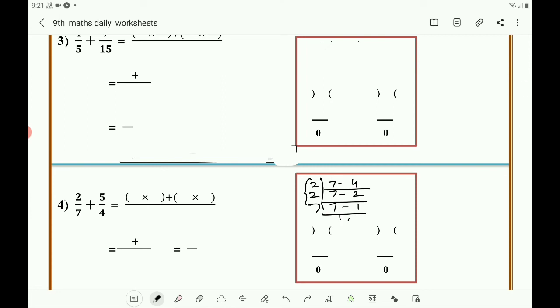In this way, you find the LCM and write that as the denominator. After that, you know that here 2 into what? 5 into what? That you have to find out. You can get it directly. Here 7 into 4, 28 is there, means 2 into 4 you will get, 5 into 7 you will get.